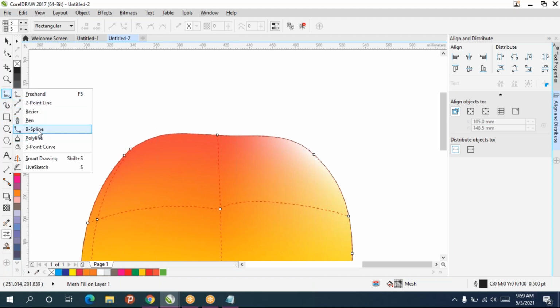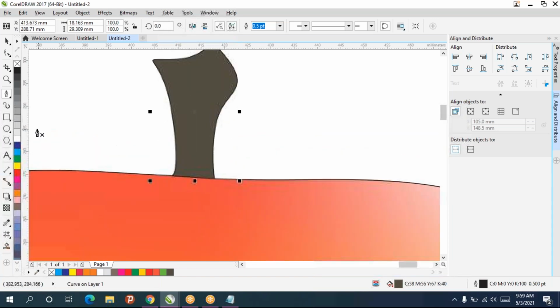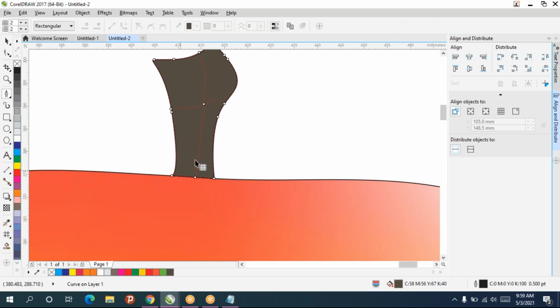I'll take pen tool. So I can give some color to that. And I can zoom into that. So same thing, I can apply mesh fill and give colors.